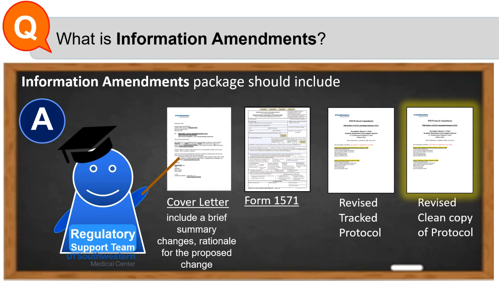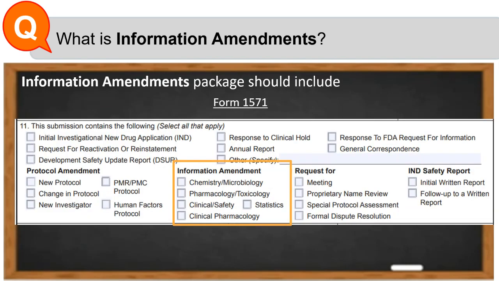Sponsor should summarize and present data in a format appropriate for scientific review. In Form 1571, you would select the applicable checkboxes under Information Amendment section as seen here while including this form in your submission package.